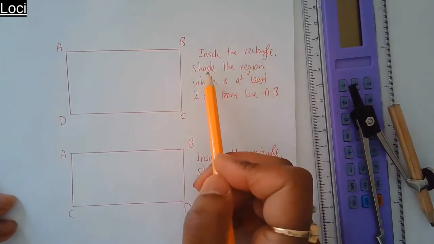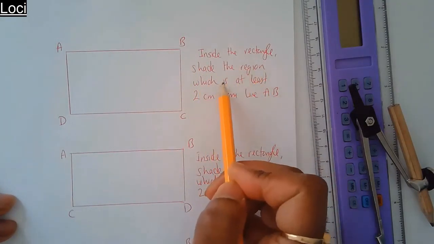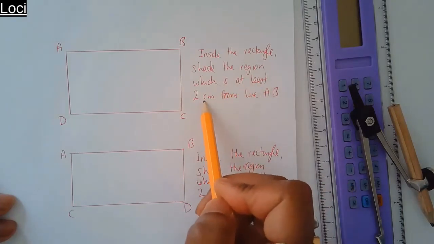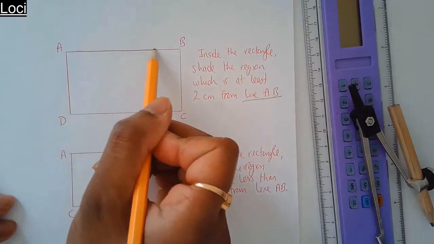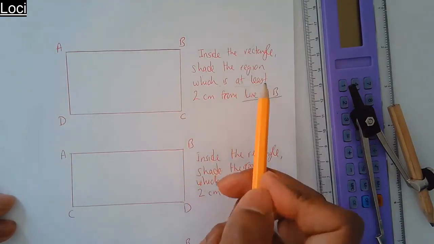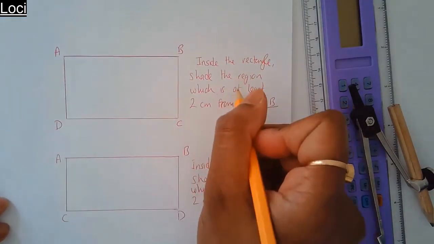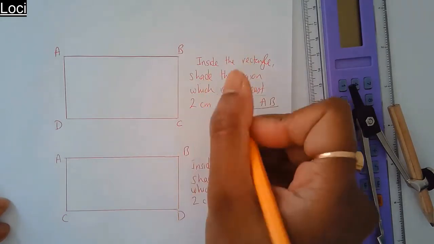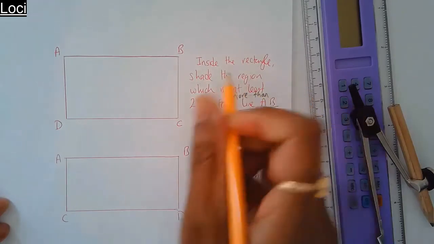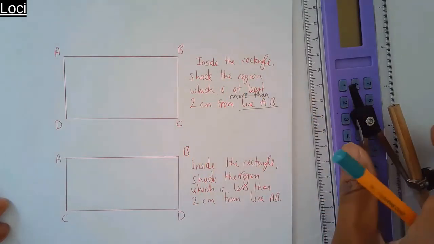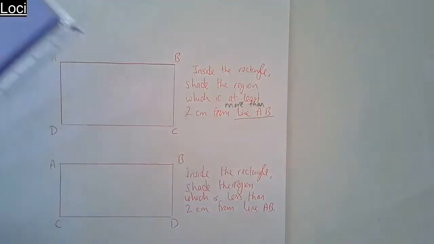Inside the rectangle, shade the region which is at least 2 centimeters from line AB. This line here, AB. Another way to rephrase it is, shade the region which is more than 2 centimeters from line AB. So what you do, get a ruler,